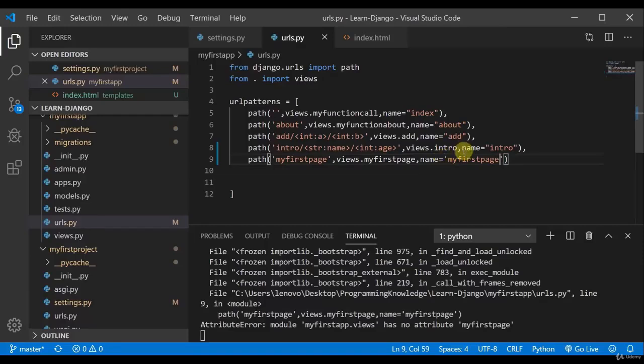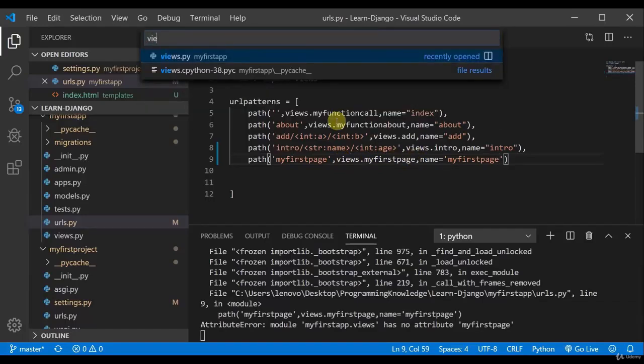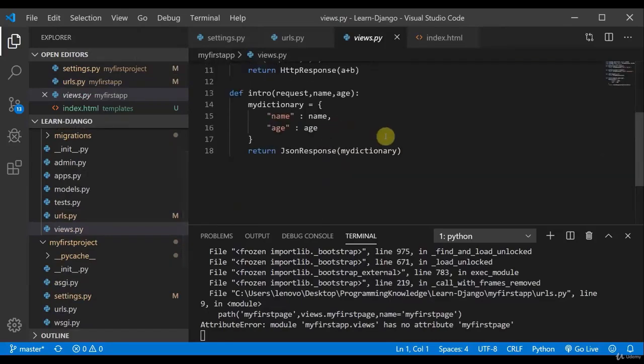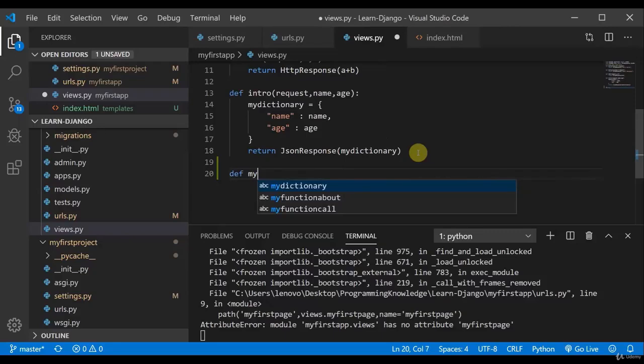This is throwing me an error, and why is it? Because I have not defined the myfirstpage function inside the views. So I would move to my views.py file. There, myfirstpage takes a request as a parameter. In the previous tutorials I showed you that there can be various types of responses, one is HTTP response, JSON response, but this time I'm going to render an HTML page. So I would say return